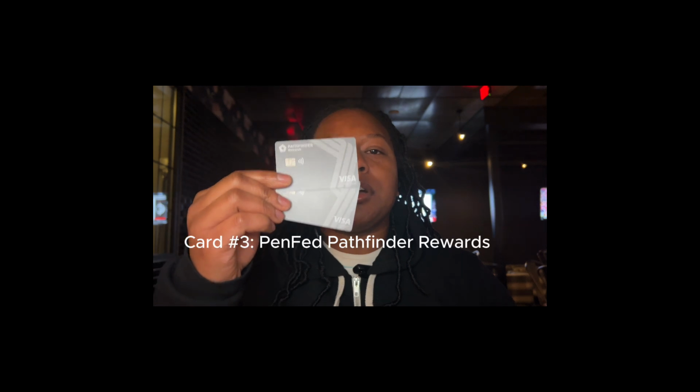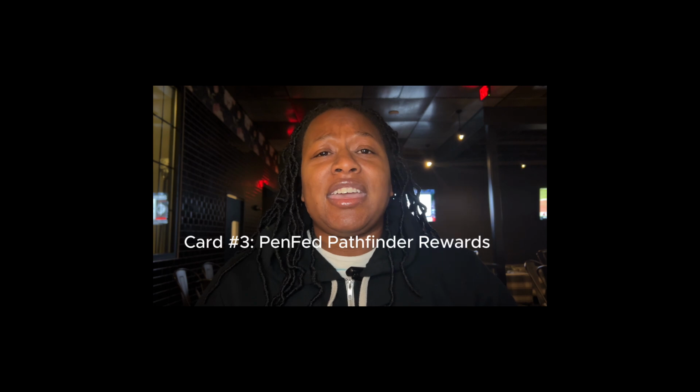Card number 3 that I have multiples of is the Pathfinder Rewards card. These cards are issued by Pentagon Federal Credit Union and offer no annual fee as long as you have a checking account with them. While traditionally getting accepted into these types of credit unions does require military affiliation, in lieu of service, you are able to make a donation to a few charities that will in turn get you access into having an account with Pentagon Federal Credit Union. I'll put a link down below so that way you can see how to go ahead and become a member